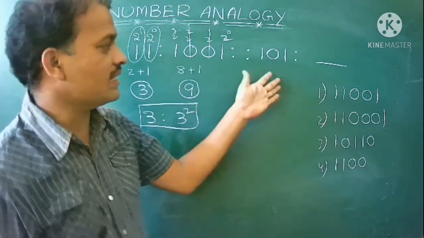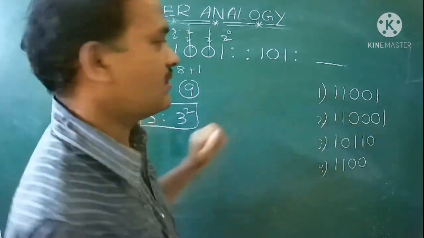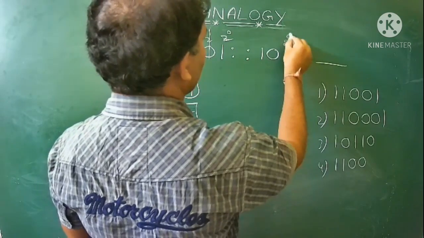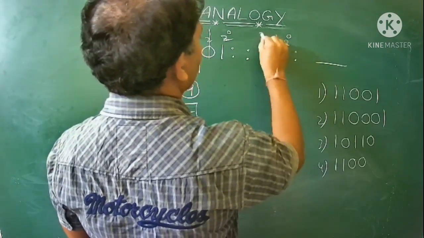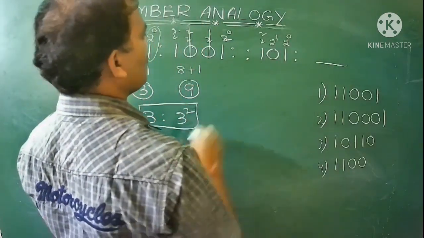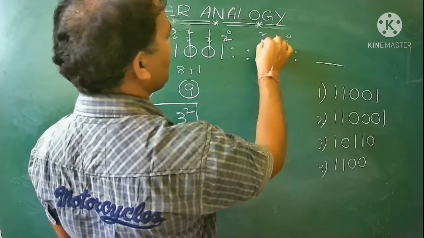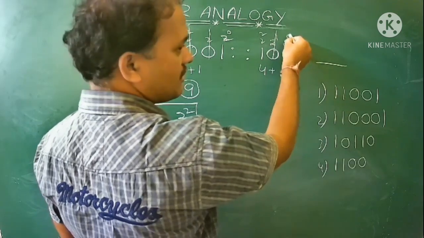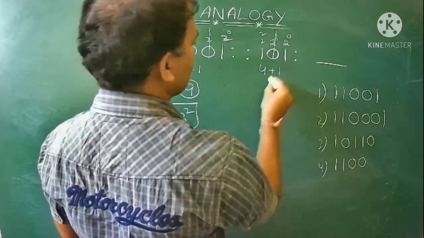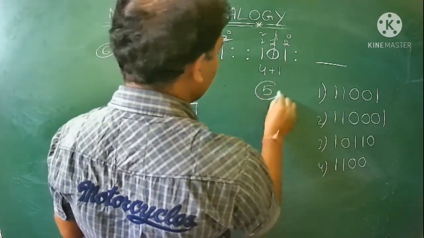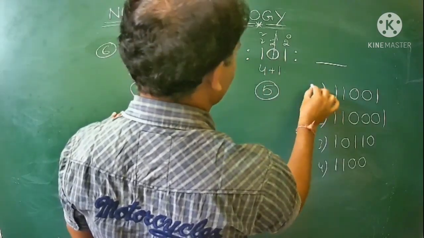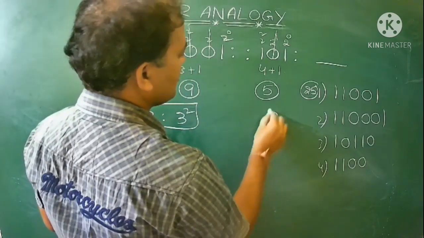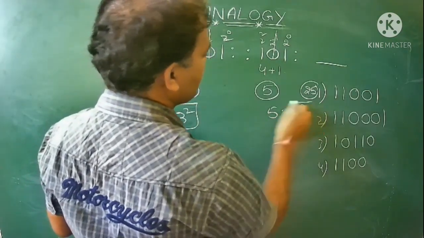So in the same way, how will we get this? Suppose it is 101, with 2 power of 0, 2 power of 1 and again 2 square. If it is 2 square, what will we get here? 4 into 1 is 4, plus again 0 cancels. 2 power of 0 is 1 and 1 into 1 is nothing but 1. So then you will get 5. If we get 5, what do I want next time? 25. So the relation I want is 5 is to 5 square.